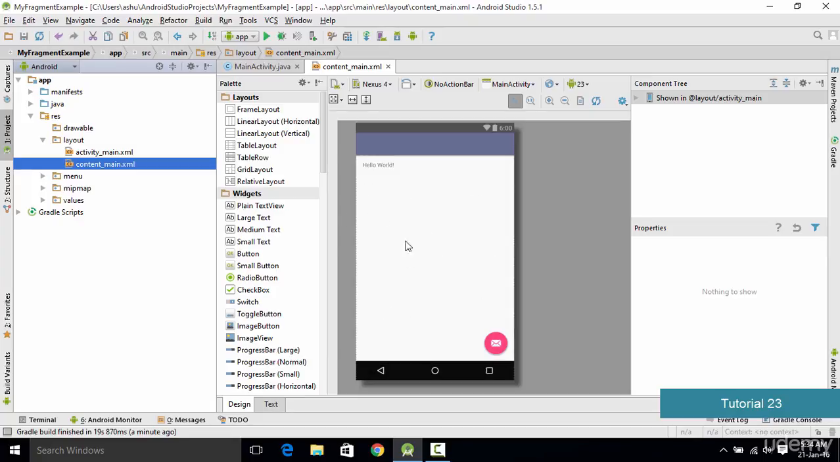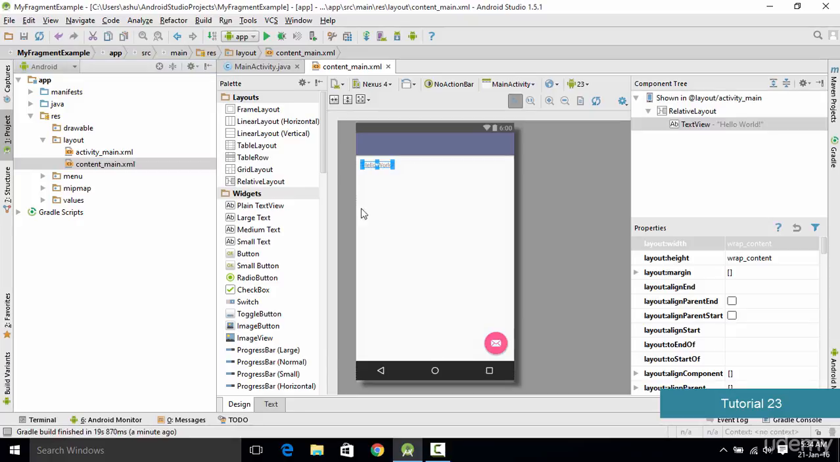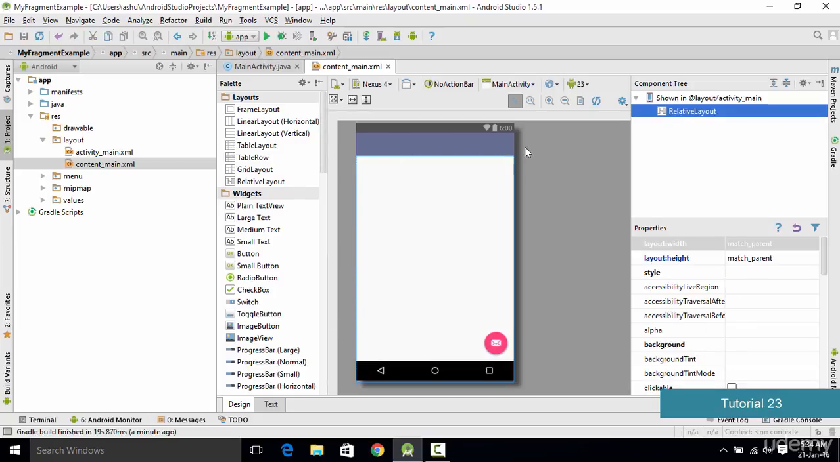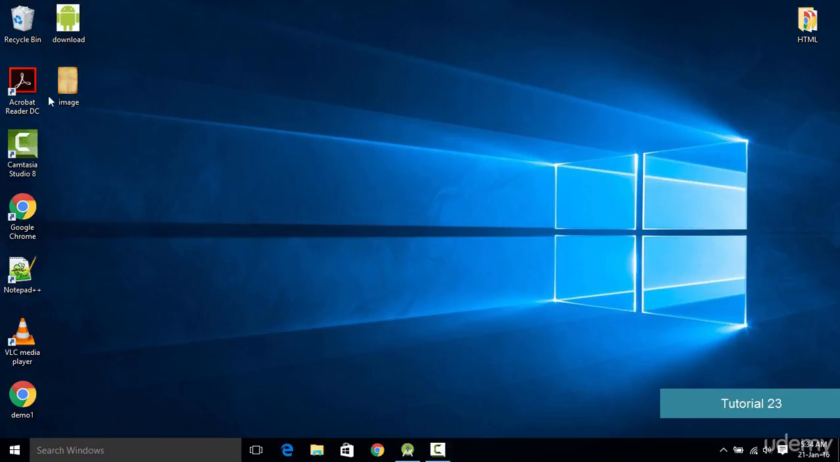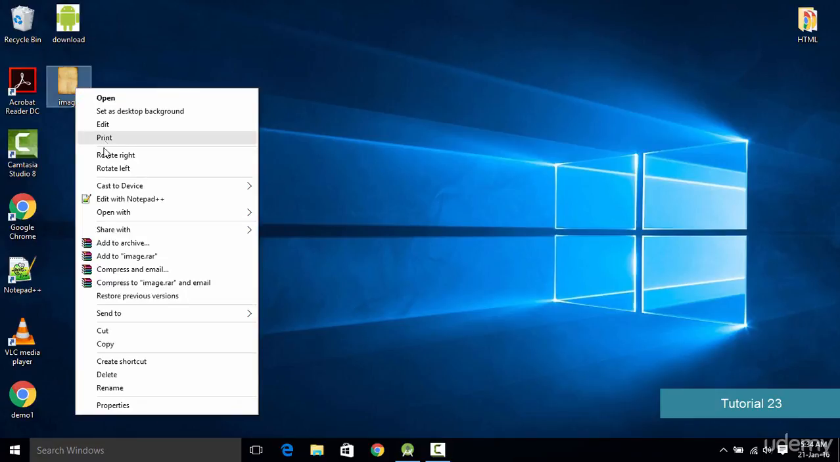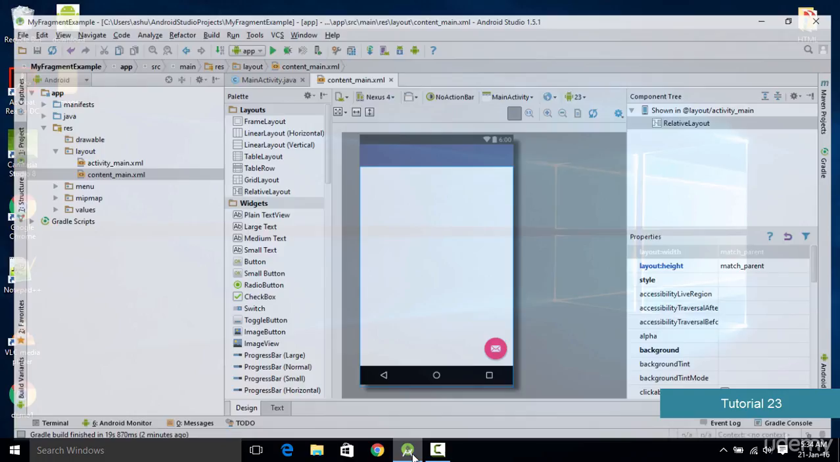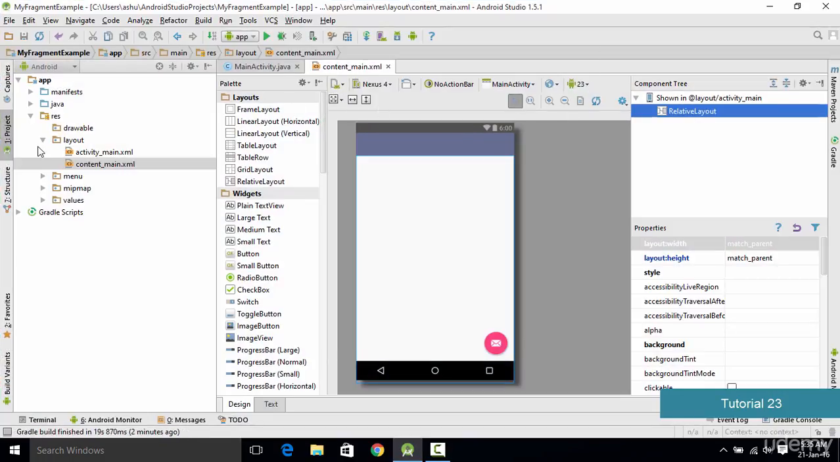Before adding fragments to it, we make sure that we clean the entire screen. So if you have any elements on the screen, you simply delete them. And once you have cleaned up the activity screen, the next thing we need to do is, as we need to use an image in the second fragment, to import an image into Android Studio, you simply go to the image which you want to use. For example, I have downloaded an image here. If we want to use a particular image in Android Studio, we simply right click on it, copy it, come back to Android Studio, and in Android Studio